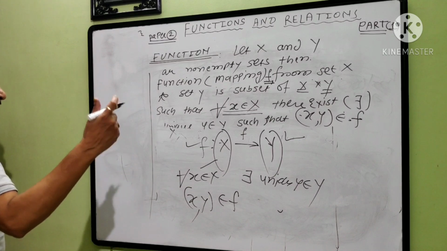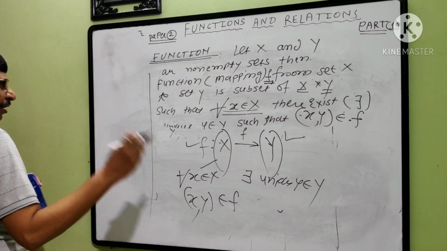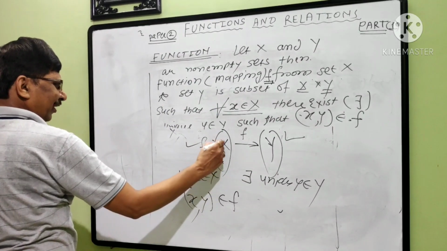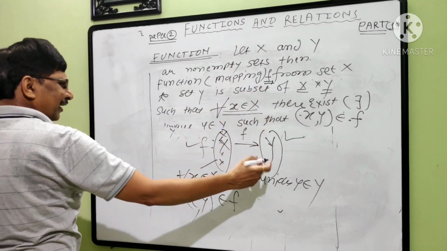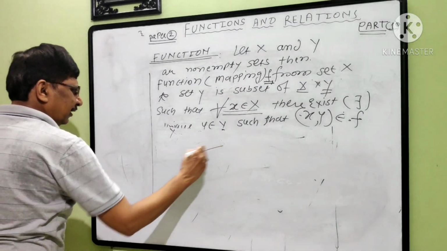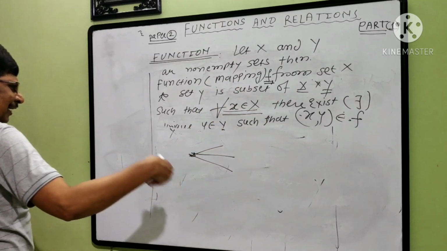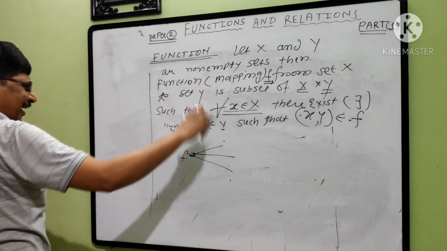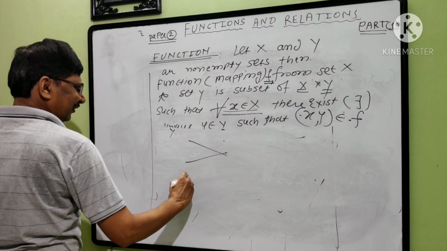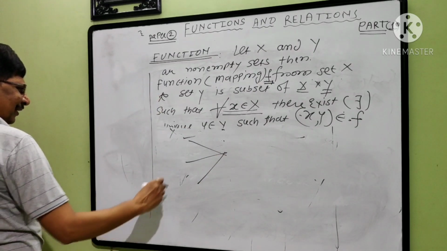Now subset, first of all it is a subset. Okay, it is a subset. And second thing, for which condition should it satisfy? For every x there should exist a unique y. I have given you one example that it is definitely not a function. Why? Because for one element there exists more than one element in Y. There should exist a unique one. But this can be a function. Why? Because it is only related to one.